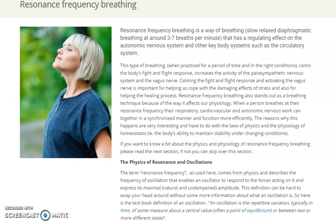So essentially, when you breathe in, the heart rate goes up. Well, there's a pressure in the body that increases, but it also goes up because you're stimulating your nervous system. You're actually producing more of a sympathetic response when you breathe in. When you breathe out, you are taking pressure off the heart, and you're also stimulating the vagus nerve. And that's your parasympathetic nervous system. So you're calming your nervous system every time you breathe out. So I want you to remember those two concepts. When we breathe in, our heart rate increases. When we breathe out, heart rate decreases,